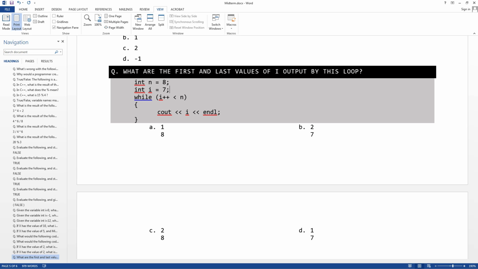Which means that even though I is 7 here, I has 1 added to it after it's done evaluating this. Which means when it gets into that cout, it actually has a 1 added to it already. Just for clarity on this one, a lot of people got this wrong.